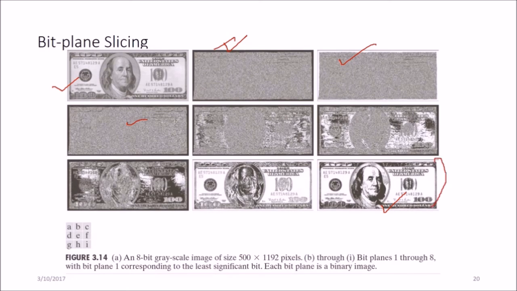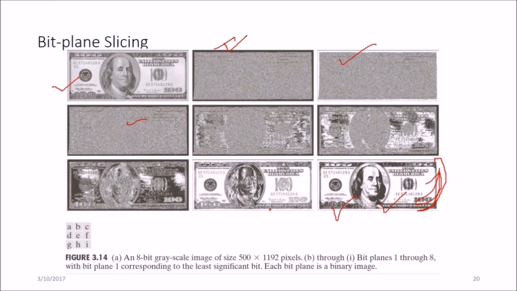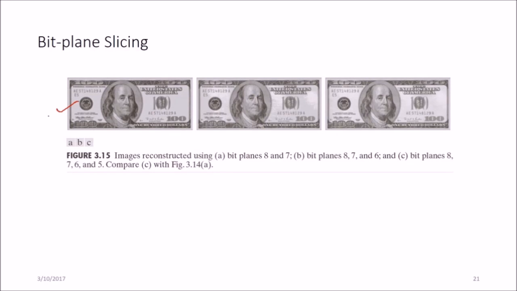So you see, this one is giving the higher value, meaning the information is quite prominent here. Now we have the image reconstructed. Say I only take bit planes 8 and 7. Sorry, 7 is this one, 8 is this. So I just combine 8 and 7 and I can get the image. If I combine 8, 7, 6, I can get the image. Bit planes 8, 7, 6, 5. This is the image. We just compare how things are changing.